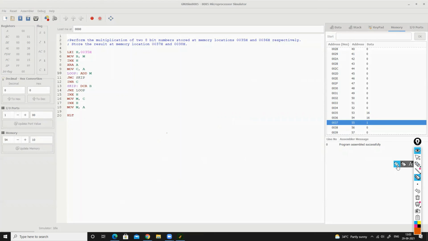One assignment will be to perform subtraction of 2 8-bit numbers, and the second program will be to perform division of 2 8-bit numbers. These 2 programs you should do on your own and execute them using the JNU SIM 8085 simulator.